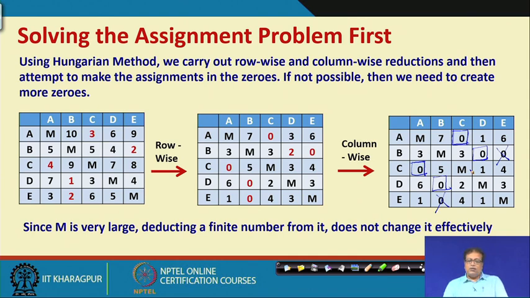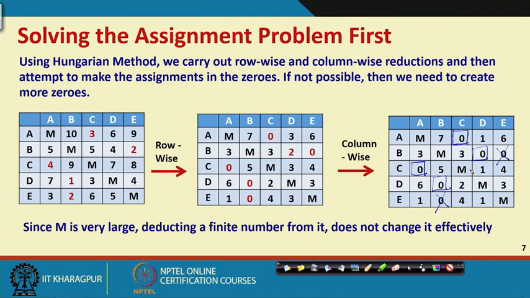So, what we have to do now? We have to make more zeros, right. So, you see, although we are really solving traveling salesman problem, but the assignment problem itself has given us some difficulty which we did not face in our previous lecture. That time just by row wise and column wise reduction we could make all the assignments. So, when we have such kind of difficulties, that means we are unable to make all the assignments simply by row wise and column wise reduction. What we really need to do is we have to create more zeros.